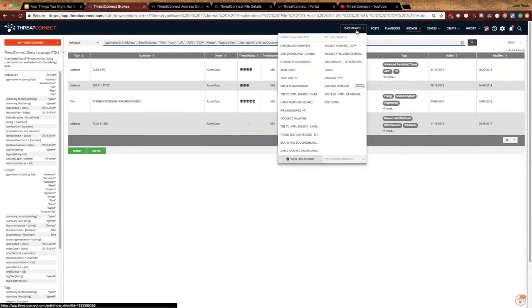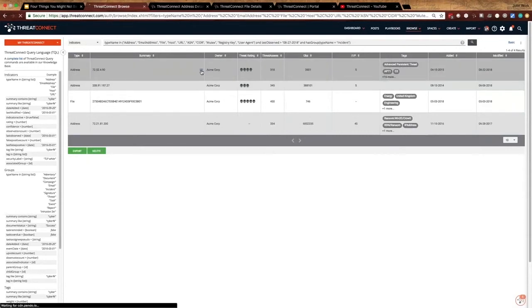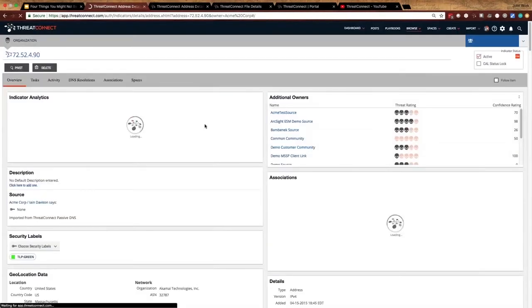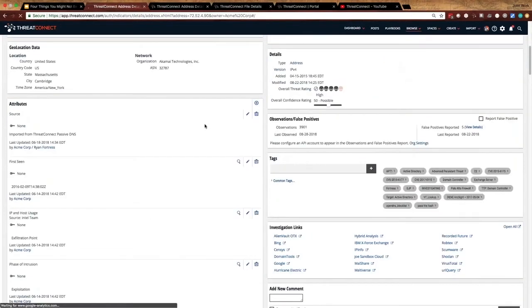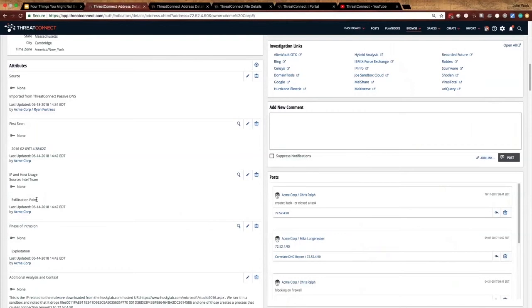But we can go a step further. So with those searches, this one's based off of an APT tag being part of it. Well, if we also wanted to go in, let's take a look at this particular indicator. Say we've done some investigation on this, and we've determined that this IP address is coming back from, actually, we've already done it here. We have the exfiltration point right here. So this IP is part of the exploitation phase of intrusion. Now, if we wanted to focus our dashboards in on just that specific phase of intrusion, then we can go back to our previous search that we had.